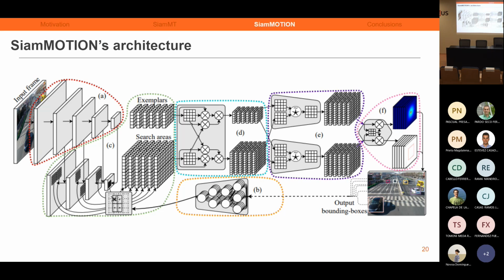I think that one of the first approaches I would take would consist in first having the feature extractor computed, learned in the traditional way, and then, in order to train the attention module, the similarity module, and so on, have the exemplar and search area features previously extracted from the feature extractor that will be frozen, and then just do the training on exemplar and search area tensors that are very small compared to full HD images.